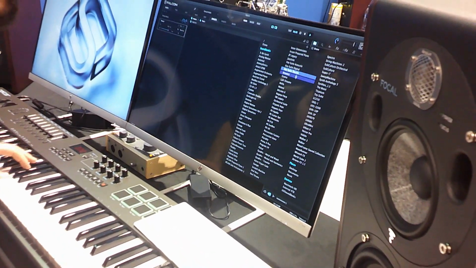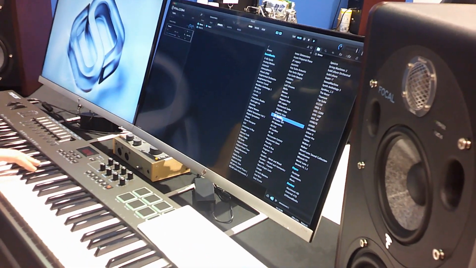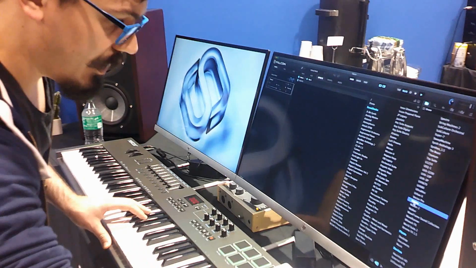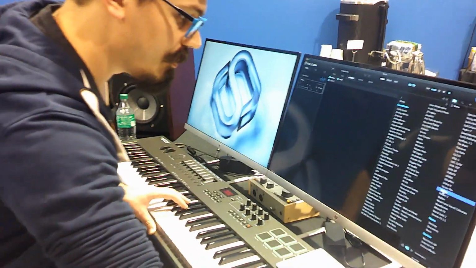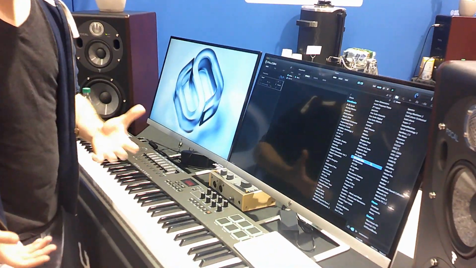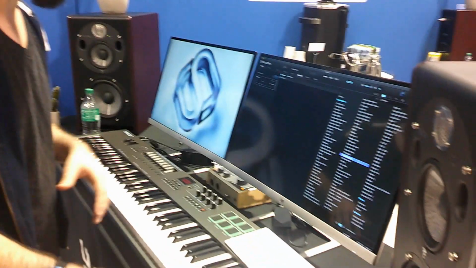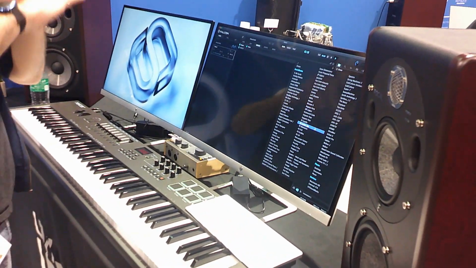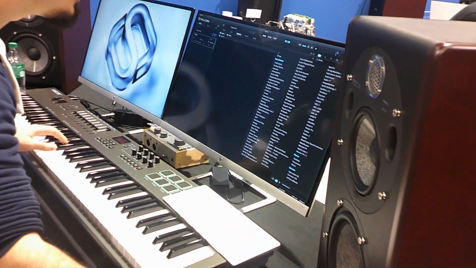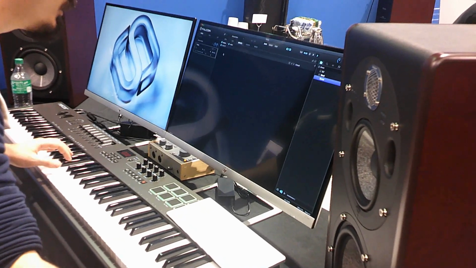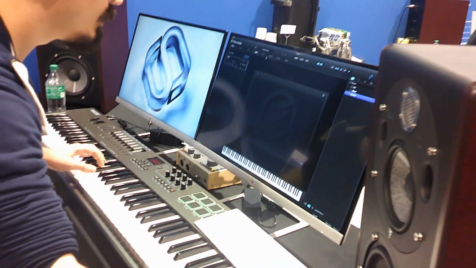Show me the deepest thing you've ever done in this program. What's the nerdiest thing you can possibly do in this program? We'll be here a long time. But you can build up an entire patch from scratch. It's not going to be super crazy, but I can show you the flow here. So if we just clear this out. I mean, I'm here all day.